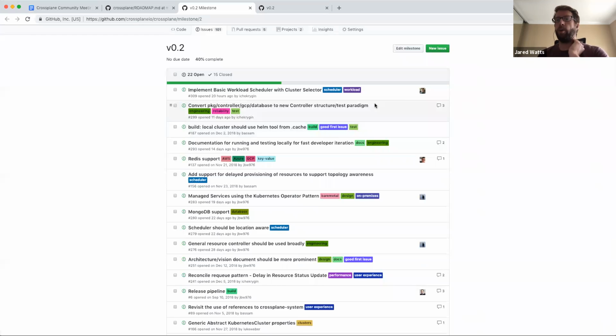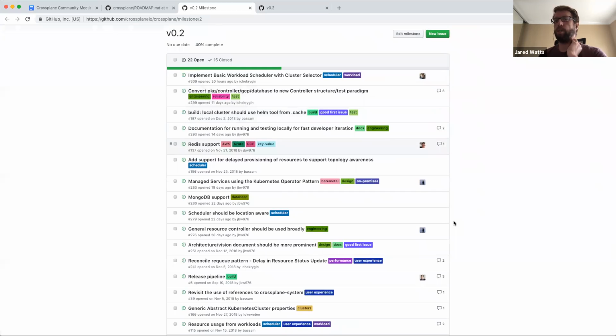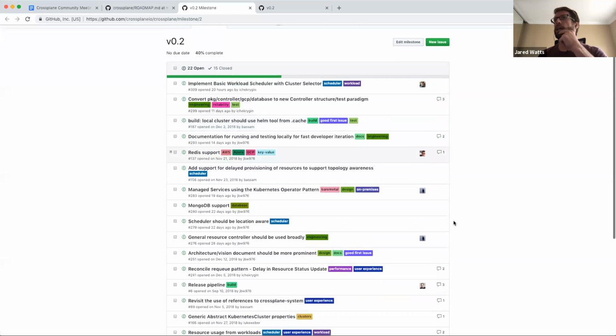The big thing to note here is that we have found owners for a few of the features in the 0.2 milestone that we're starting work on now. The big ones would be the workload scheduler.